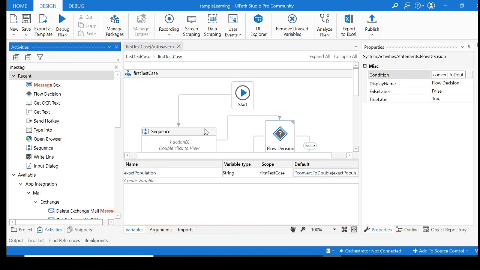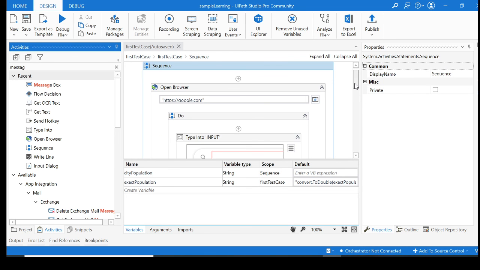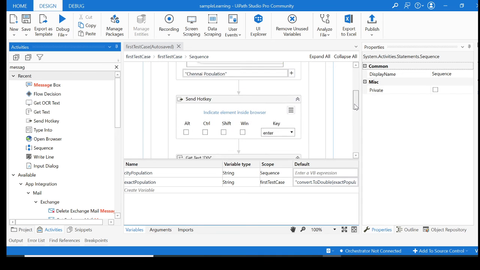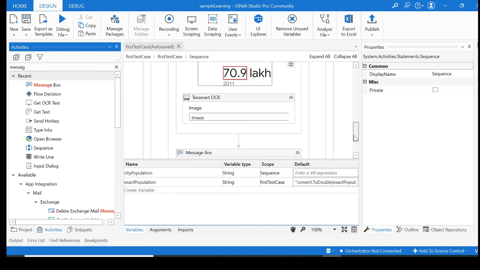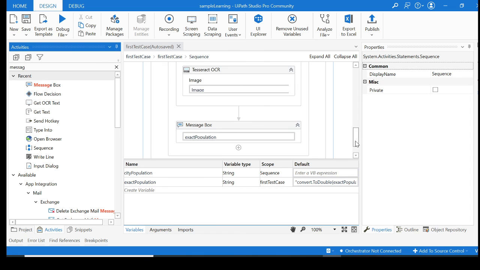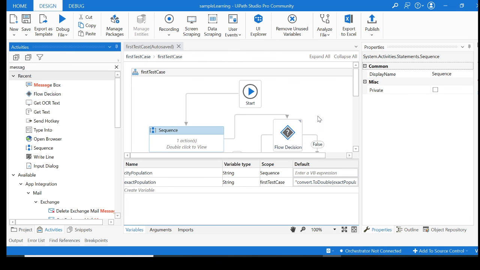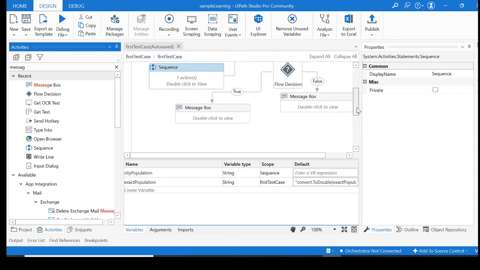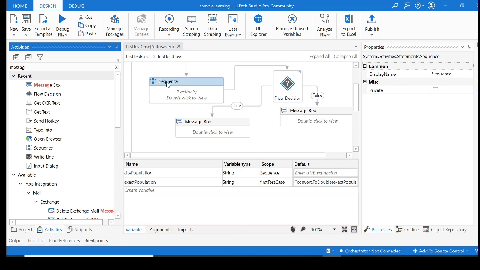Over there I performed the necessary operations, opening a browser, typing, and sending a hotkey, which are necessary to extract the value. Then you go out and create a flowchart to make a decision based on the value which has been given to you.